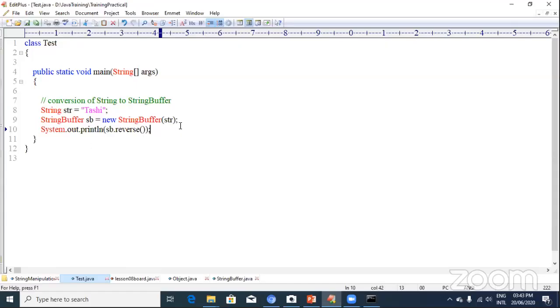Now the second one is conversion of StringBuffer to string. Let's see, we have one StringBuffer object here, with one content, let's say "Sonam". We want to convert this StringBuffer to string. So how we will do it is